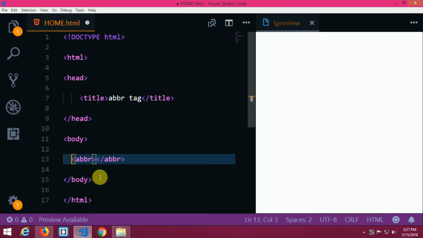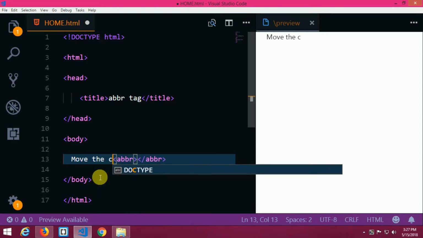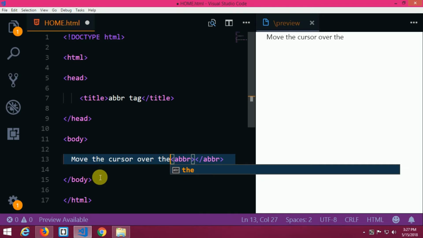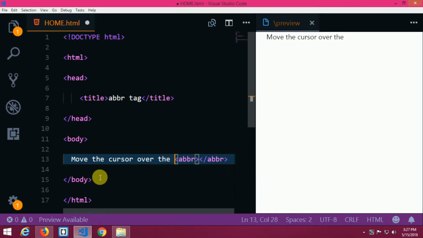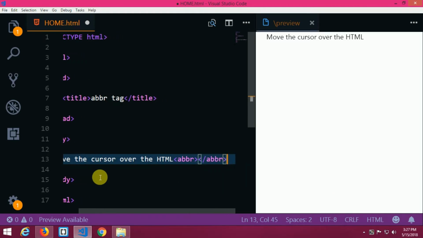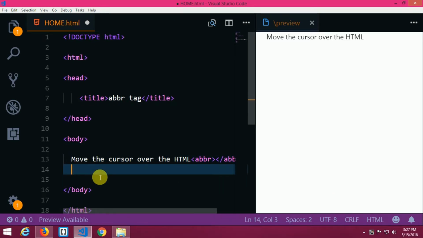So if I am writing a text, move the cursor over the HTML to know its abbreviation.